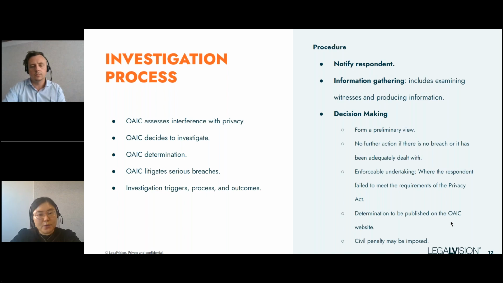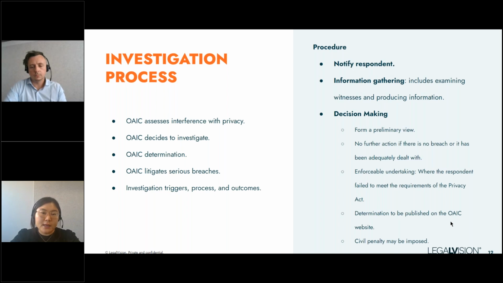When will the Commissioner commence court proceedings to seek a penalty order? So the Commissioner is not going to start legal proceedings unless it's satisfied that litigation is the only and most suitable method of dispute resolution based on the evidence gathered from its investigation, and that a civil penalty order should be made. So the most notable case where the Commissioner commenced proceedings in the federal court was against Facebook.